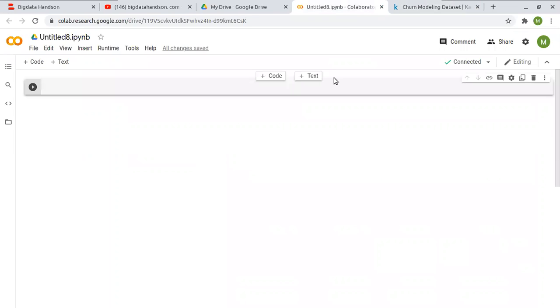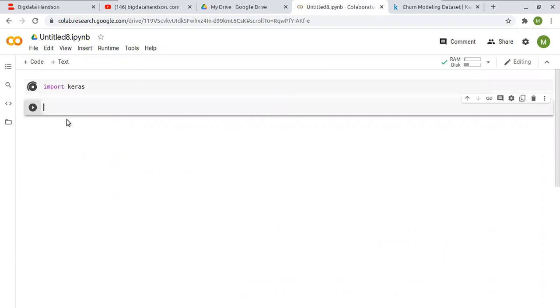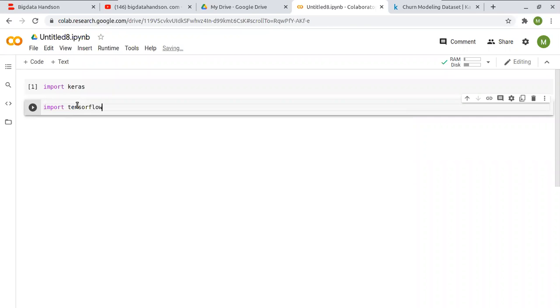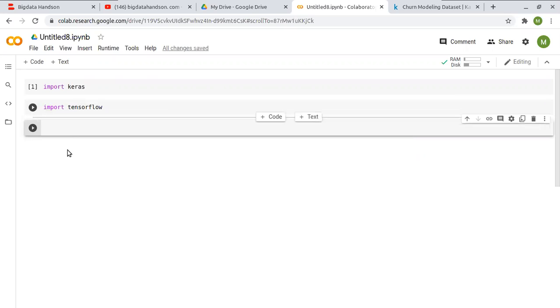The first step is to import the libraries. We'll import pandas. I will also demonstrate importing the Keras library. You can see it's installed in this environment. If I run this, it's imported with no errors. If I import TensorFlow, it's also installed in this environment.